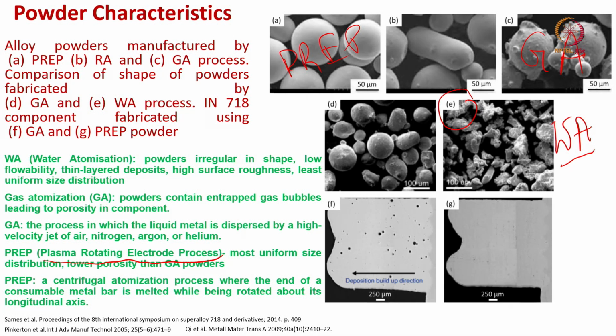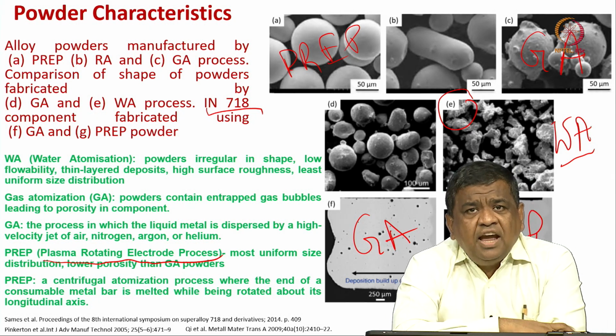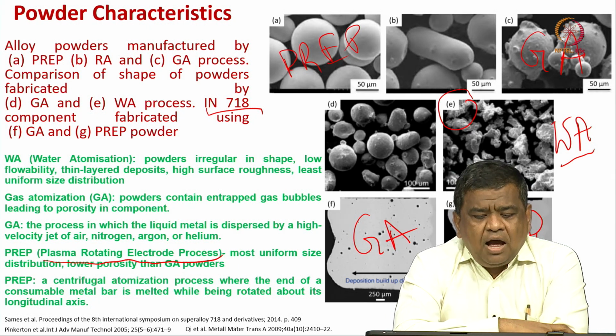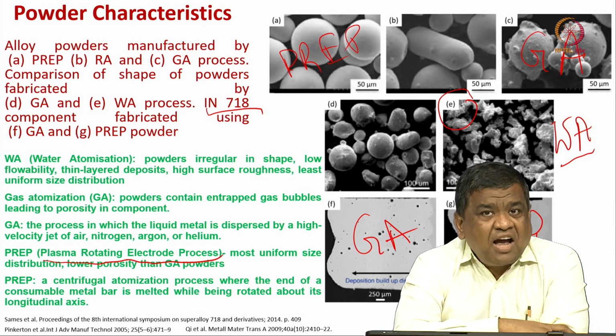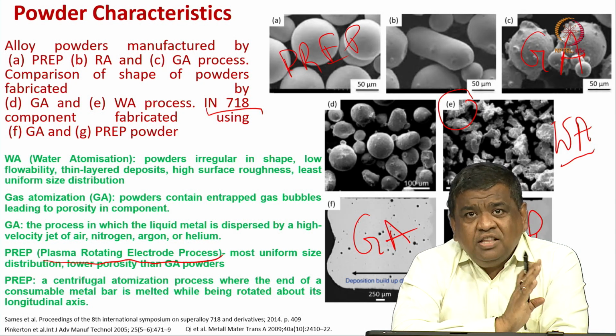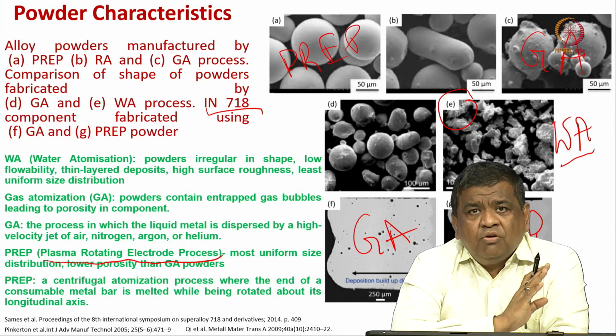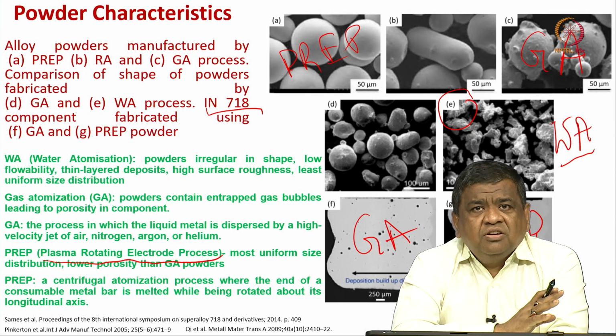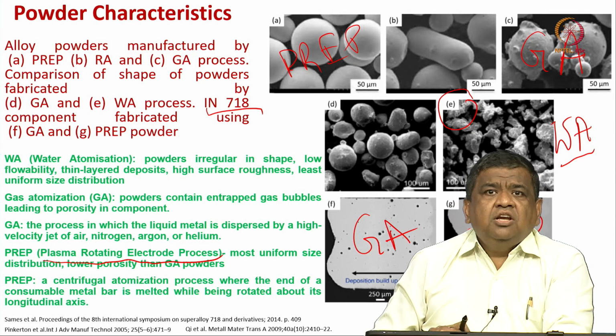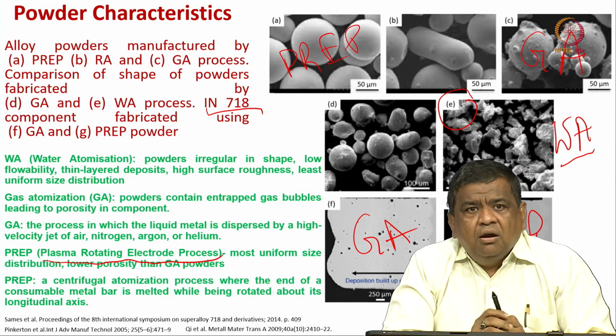Now, these are the powders which are alloy powders. There are also Inconel 718 powders. This is the gas atomized powders, and this is like PREP powders. So, depending on which processes you use, you will be able to get powders with different morphologies and different size distribution. So, it is not only the size distribution, but also powder shape, powder morphological characteristics that actually determine the 3D printing processes.